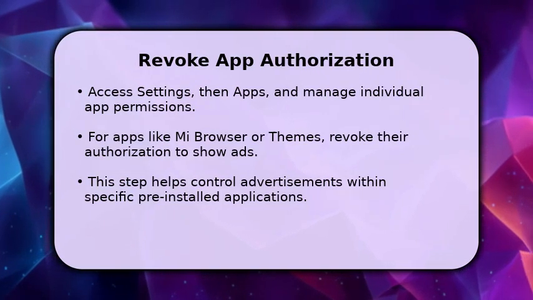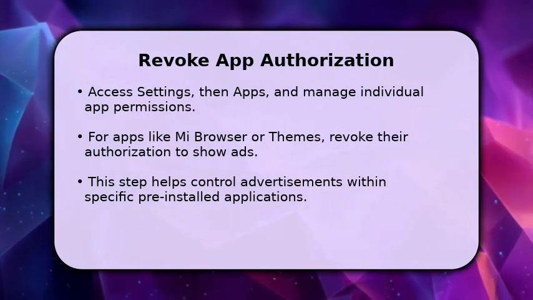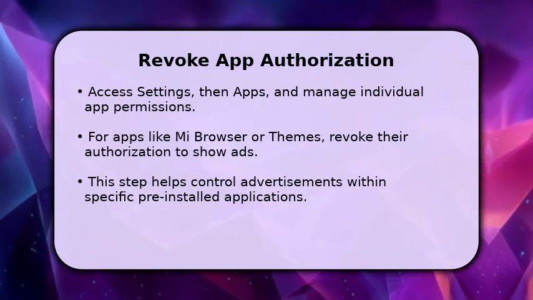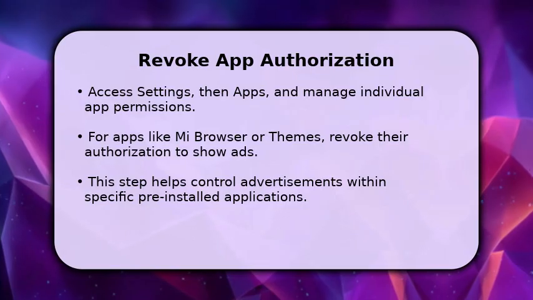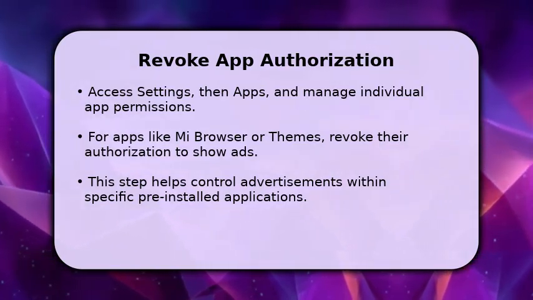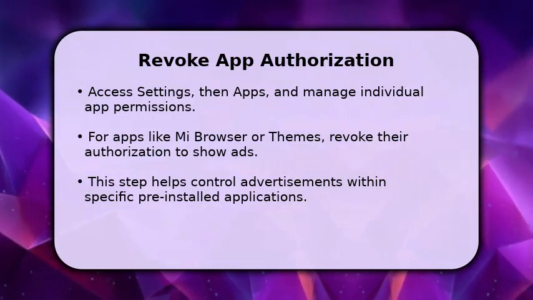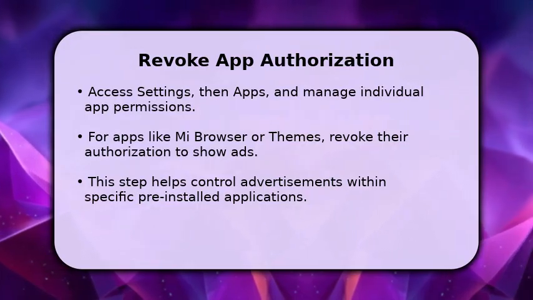Finally, you can reduce ads within specific pre-installed applications. Many Xiaomi system apps, such as My Browser, Themes, or Music, have their own ad settings. You'll need to open each of these apps individually, navigate to their respective settings, and look for options like Receive Recommendations or Show Ads. Disabling these toggles within each app will help you gain more control over the